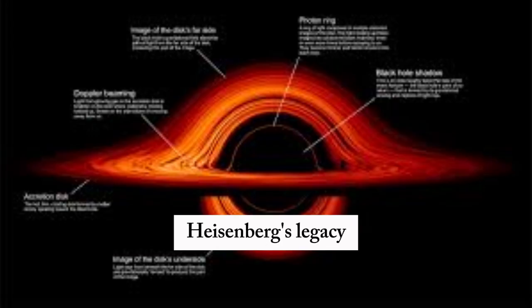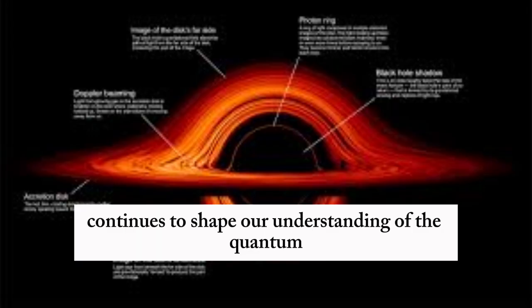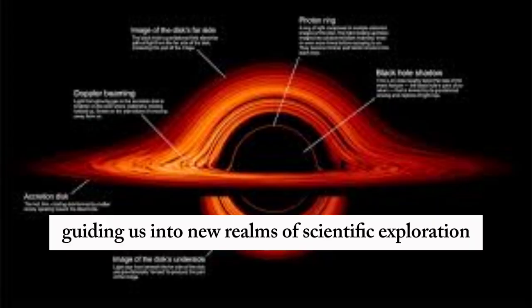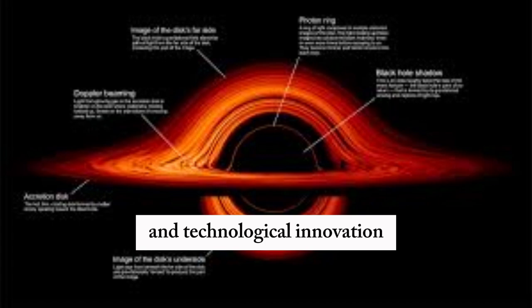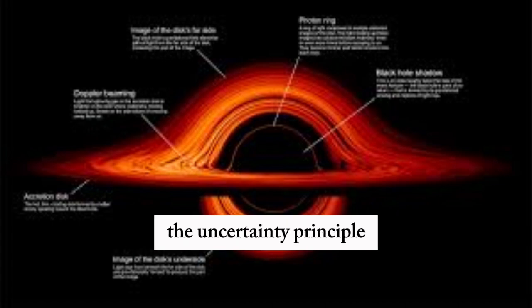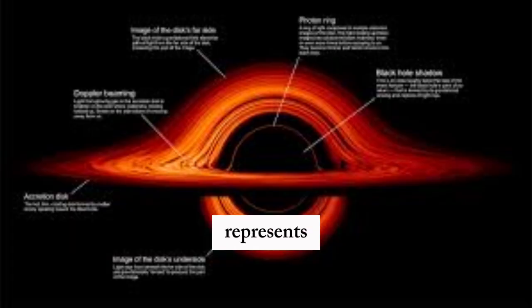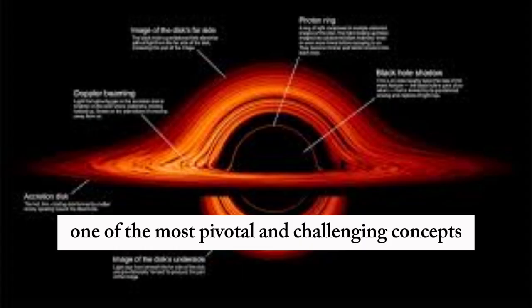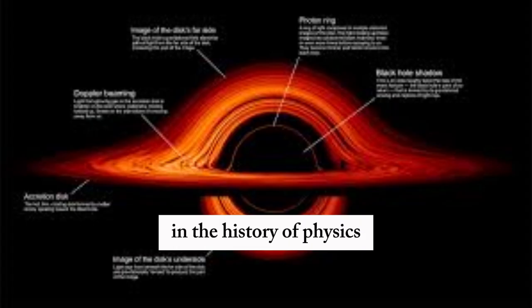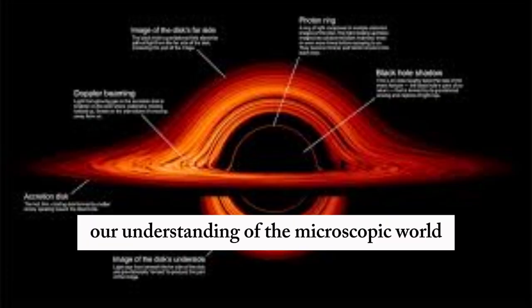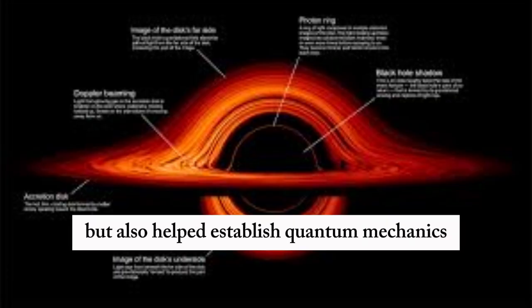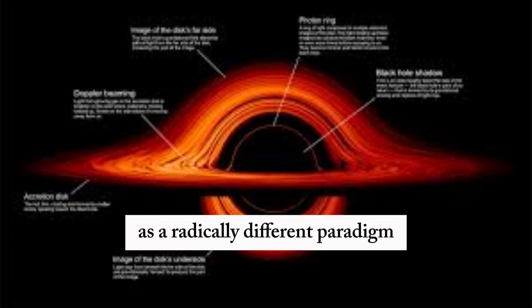Heisenberg's legacy continues to shape our understanding of the quantum world, guiding us into new realms of scientific exploration and technological innovation. The uncertainty principle, first introduced by Werner Heisenberg in 1927, represents one of the most pivotal and challenging concepts in the history of physics. It not only reshaped our understanding of the microscopic world, but also helped establish quantum mechanics as a radically different